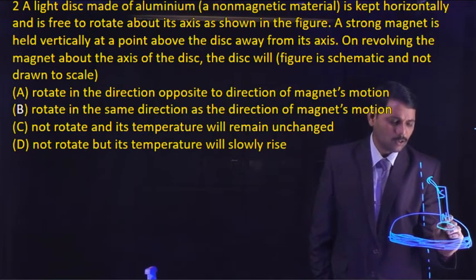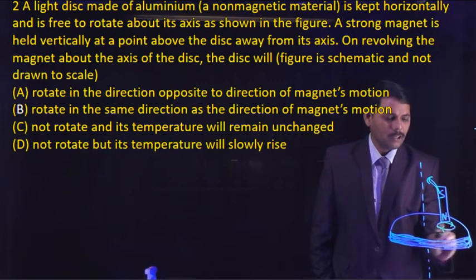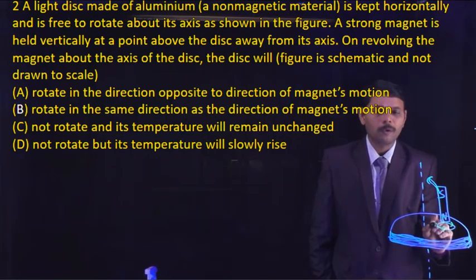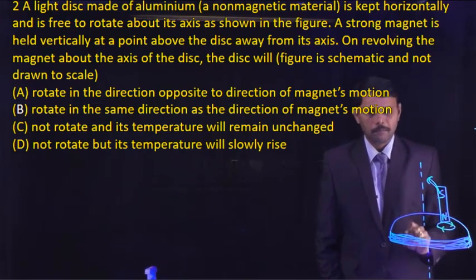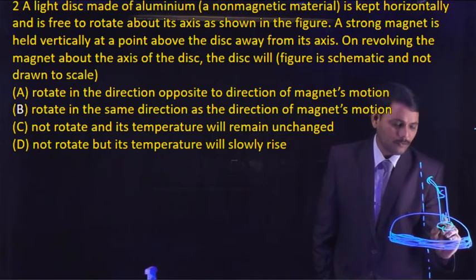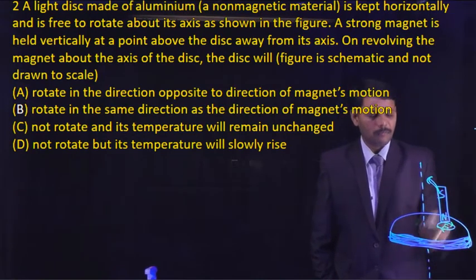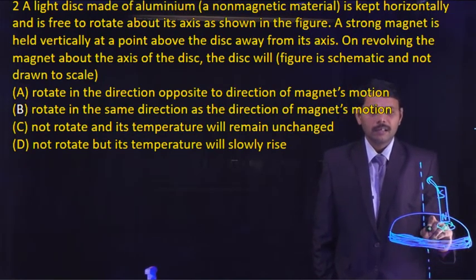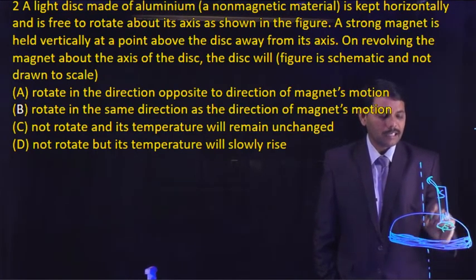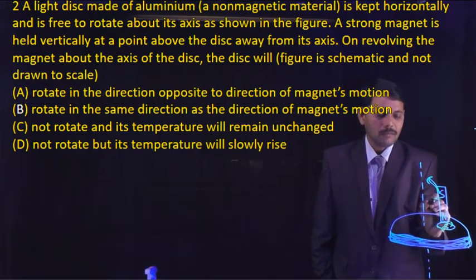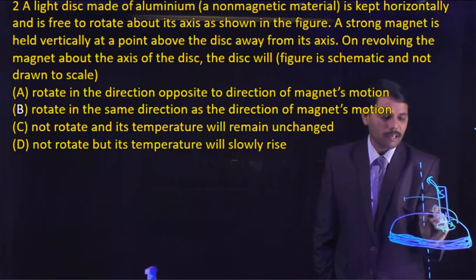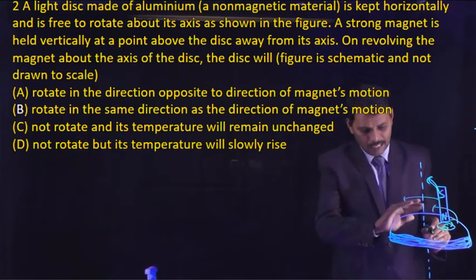Therefore, this becomes the south pole. Here, the charges inside this loop on the surface of the aluminum start rotating, induced charges rotating in this direction, so that the top surface of the loop instantaneously becomes a south pole, opposing the motion of the magnet away from it. This north pole of the magnet is attracted by the induced south pole on the surface of the aluminum, and these two get attracted. Therefore, as the magnet is moving outwards, the disk is also moving, because the surface of the disk becomes a south pole and gets attracted by the magnet.